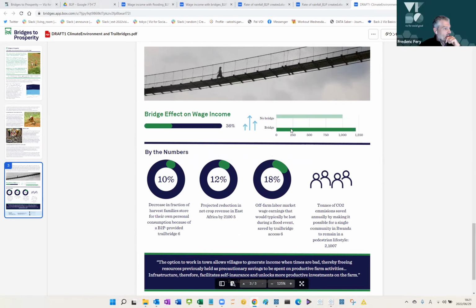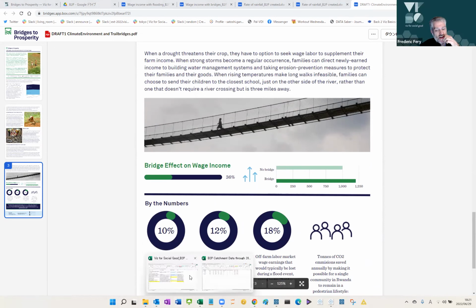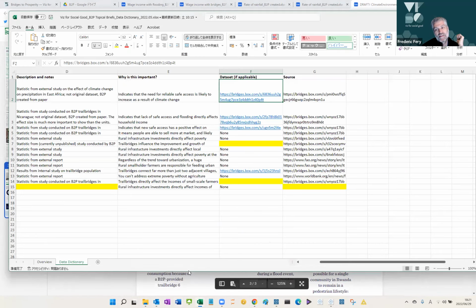And you can see that the bridge number is higher than the no bridge. So I think the Excel file has a mistake. But I think that's exactly what the challenge is for them: try to come up with a nice visual with only two numbers. So I think that we really need to stretch our creativity and find different ways. I've got one idea maybe, but there are going to be ways to create something that's impactful for them.